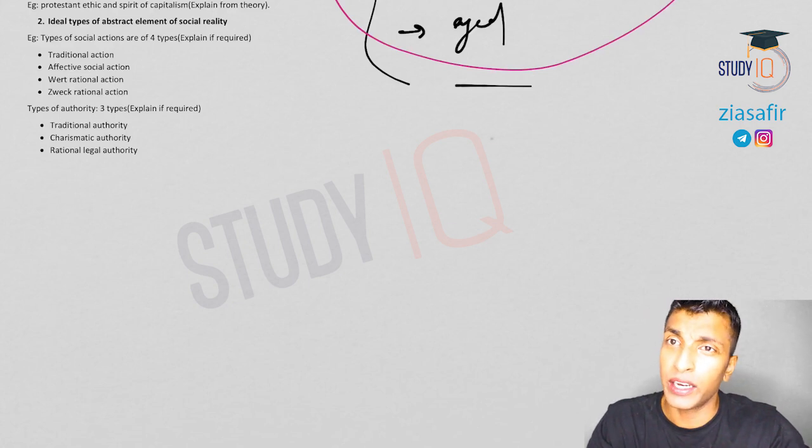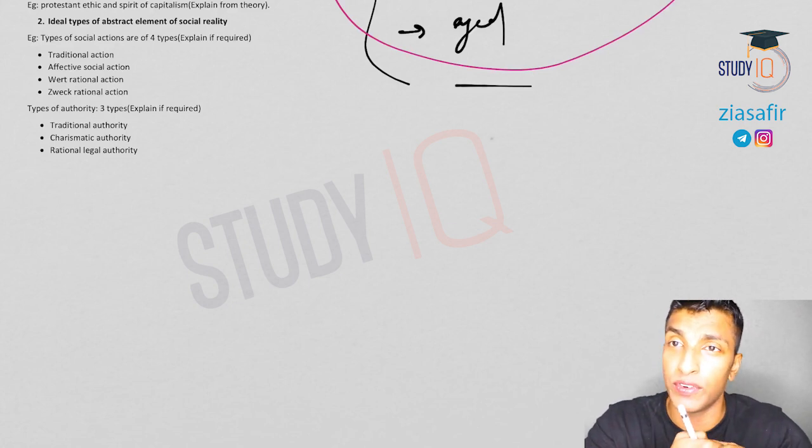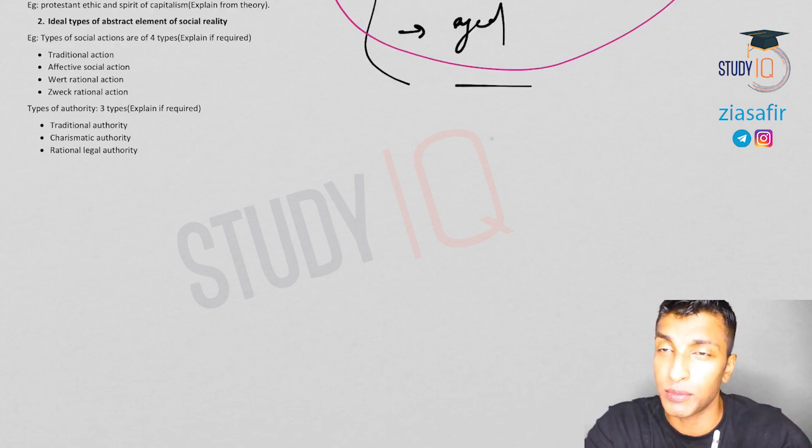Now, what is the role of a trained investigator? Because when you're identifying the regularities, a trained investigator is required. Otherwise, you may compromise on objectivity, because it all depends on the investigator. Whatever regularities you choose, it all depends on the investigator. So now I hope you understood the criticism of ideal type.